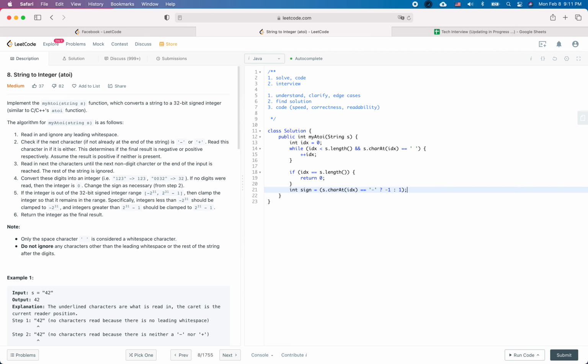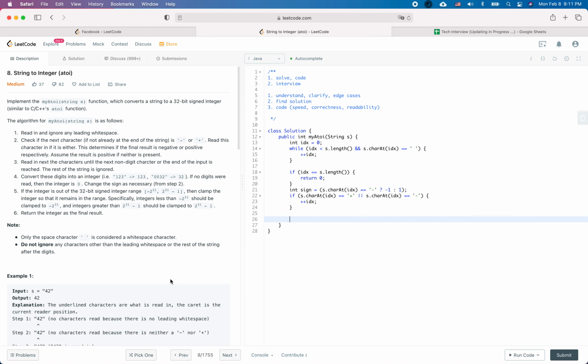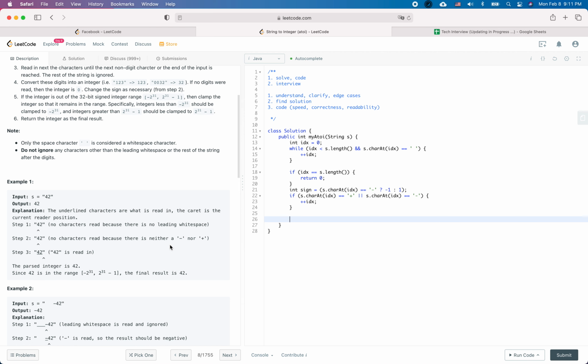Okay. So if s.charAt(idx) is equal to plus, or s.charAt(idx) is equal to minus, then we just need to increment the idx. And the next stuff we need to see